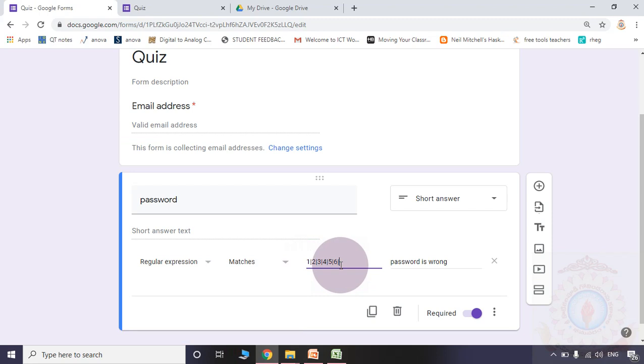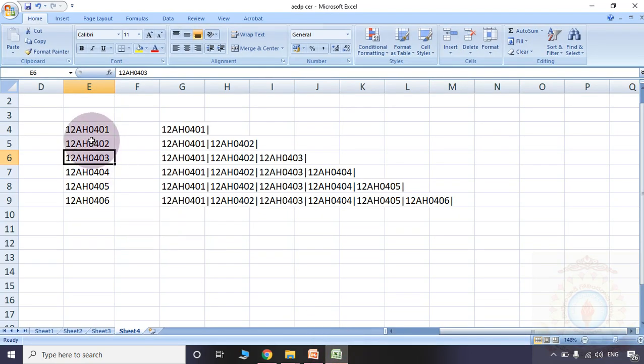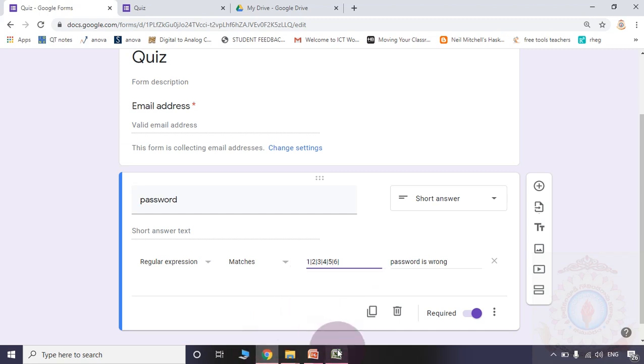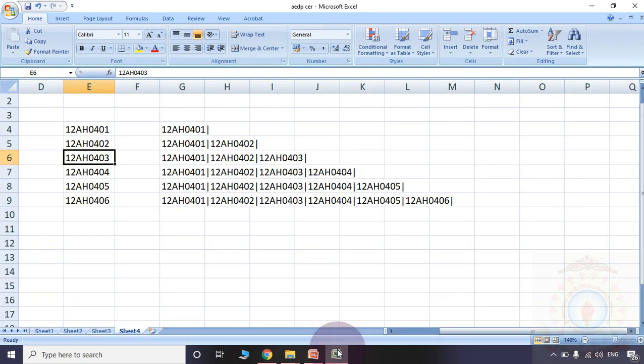If I am saying the password is 1 or 2 or 3, myself or yourself you may type easily 1 R symbol, 2 R symbol, 3 R symbol, 4 R symbol, simply we can type. But if the hall ticket number of the student is supposed to be copied in the place of the password, then it is very difficult to type all those things. Then you are supposed to use this particular trick.